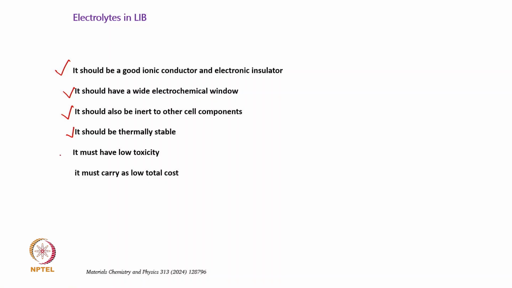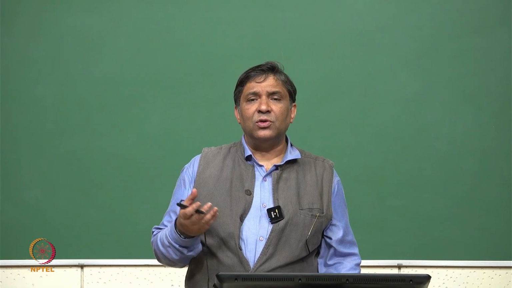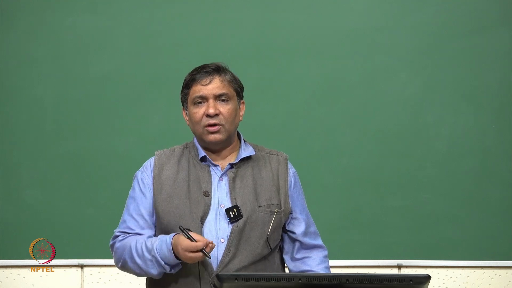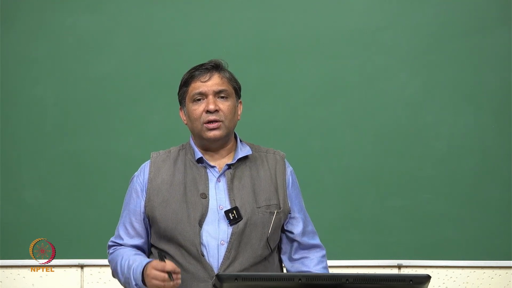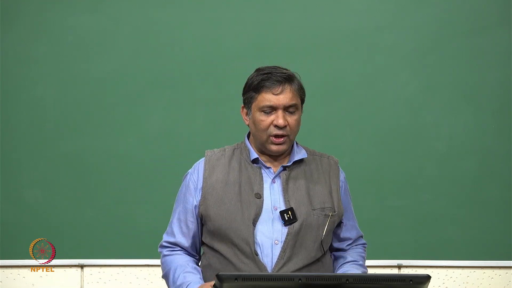And it should also have low toxicity, that is also very important, because electrolyte can always be problematic because of the toxicity issue, and there is a safety issue always. I will come back to this point also, and it should be more environment friendly, and then finally, it should have a lower cost. So, these are typical properties of an electrolyte which we should look for when we design a lithium ion battery with anode, cathode and an electrolyte.